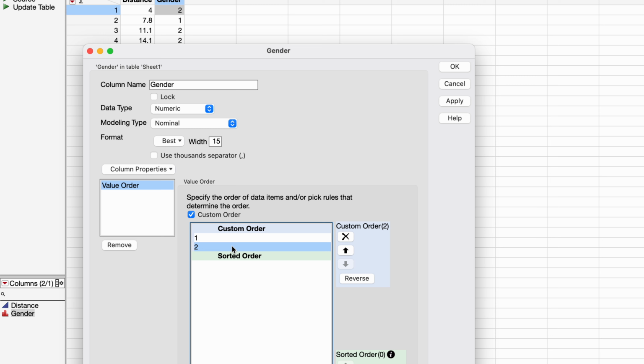Now what we need to do is just reverse the order. To do so, either you can click on Reverse, or you can select this 2 and click here to move it up. So now 2 is up and 1 is at the bottom. So now the test that will be conducted by JMP will be mu1 minus mu2, because JMP follows the principle that whatever the value is at the bottom, that comes first, and the group at the top comes second. Now click on Apply here, click OK,